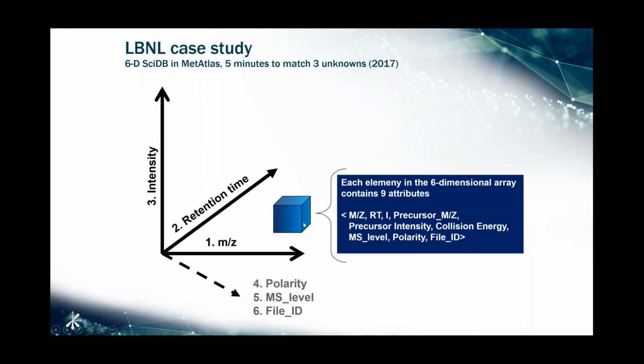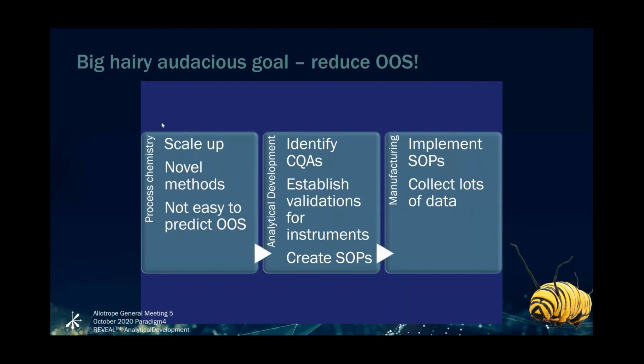So I think I've taken you through a nice little collection of examples, and like I said at the beginning, we're more than happy to work on creating a paper and of course banging the drum for Allotrope about how valuable it is to have this standard type of file. And I think I harken back to some earlier talks from the process chemistry group, and just talking about the tremendous value of being able to mine some of this initial process chemistry and analytical development data